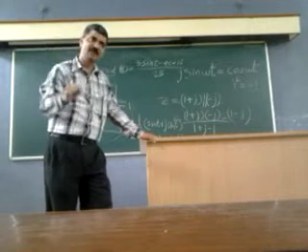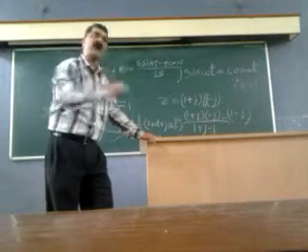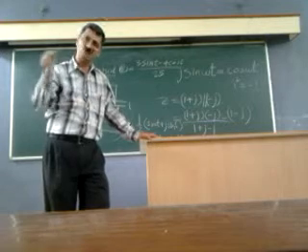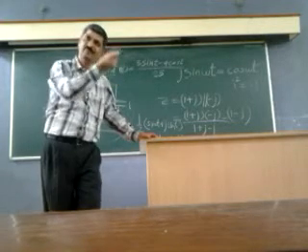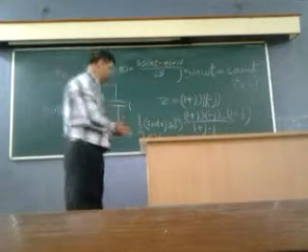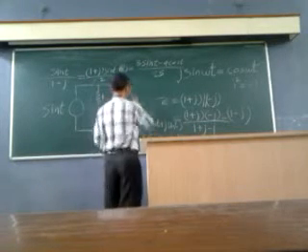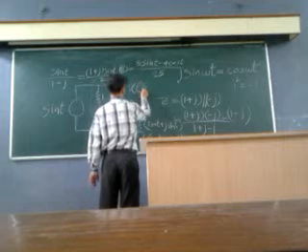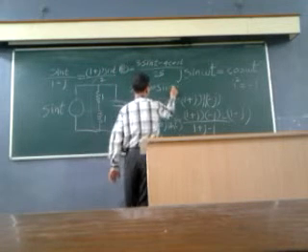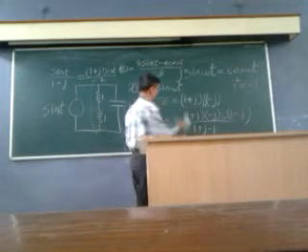d by dt of sin omega t is omega cos omega t, and we say that j cos omega t is j sin omega t. So, see, it's very simple. If x(t) is equal to sin omega t, then the operator d by dt...